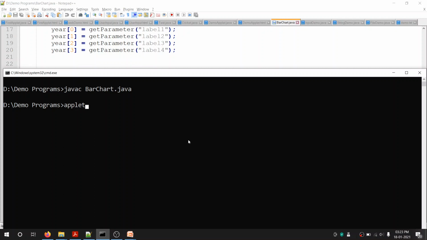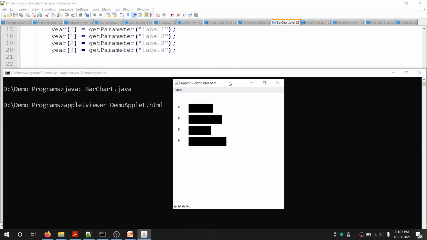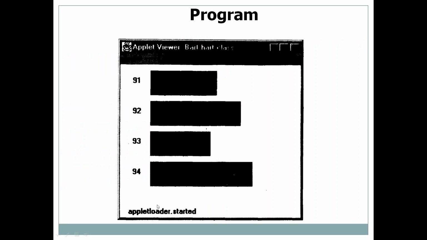And to execute, we will use appletviewer. Appletviewer, space, the applet file name, it is DemoApplet.html. Enter. Now you can see it is drawing a bar chart, that is the label 91 and the bar, then 92 and its bar, and this is drawn by using a for loop. So this is how we can display a bar chart on the applet screen.